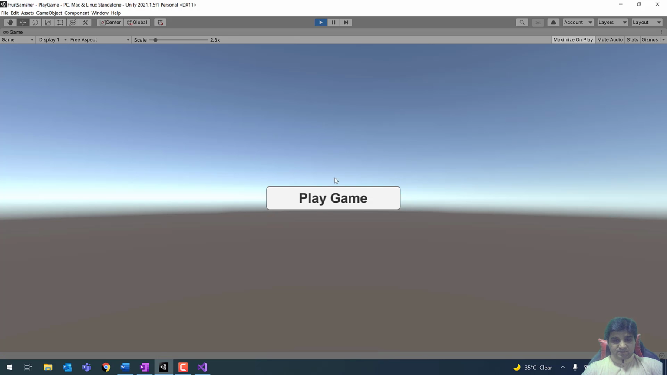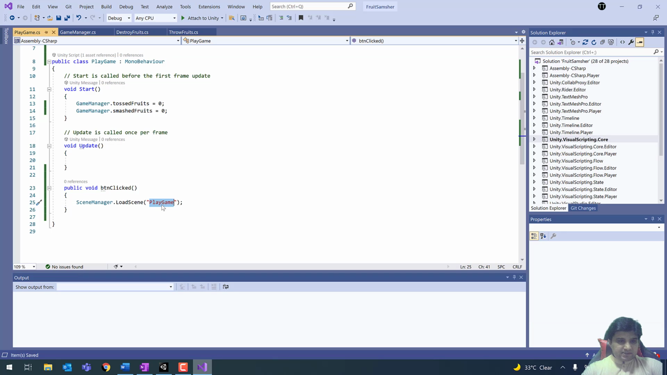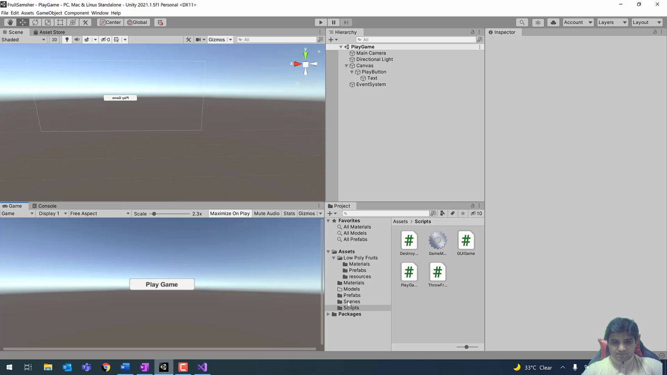Now if I click on this play button, the game should start. My game is not starting. It means there is an issue with the name of the game scene. So if I open the script, see the scene name is play game, and if I see my game and the scene,